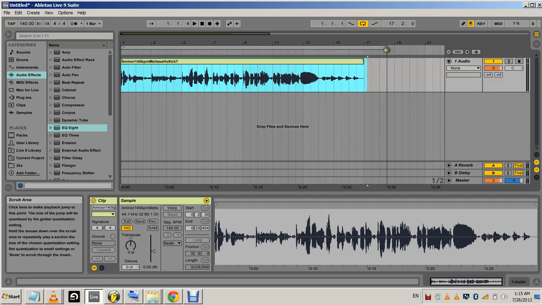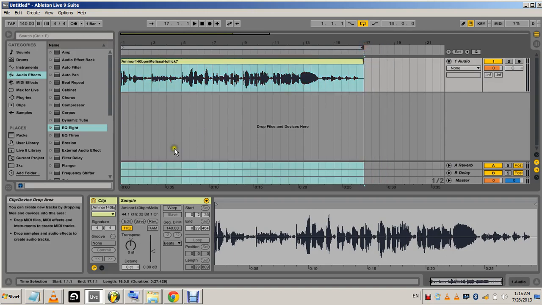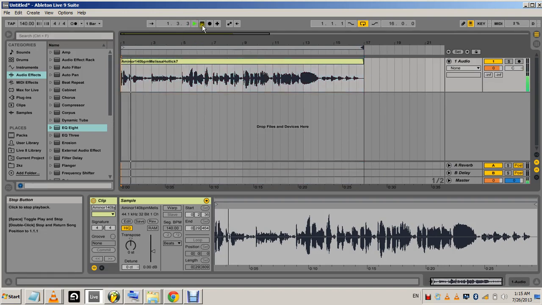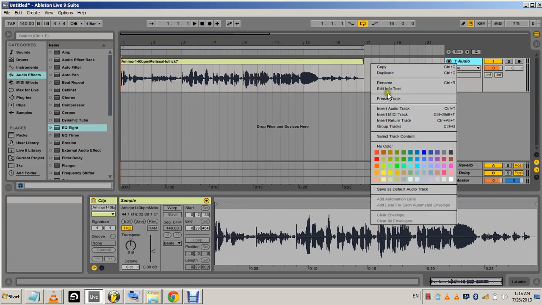So there's a 16 bar loop. Let me play back now. Same vocal, it's just beginning at the beginning now, nothing going on. Alright, the first thing I do is I duplicate this track right here,